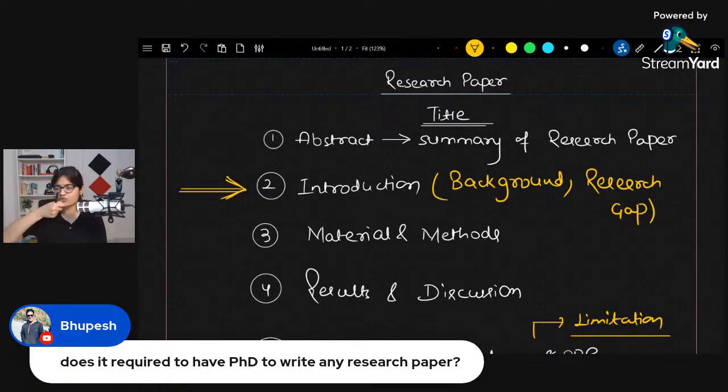Definitely, if you ask your mentor, your guide, he will always be happy to take it, because as a mentor, as a professor, they also get some advantage if they are able to publish research papers with you. That's why every professor is very happy if you are very excited and hardworking about writing a research paper. And let me tell you, this will give you a competitive edge in your resume.